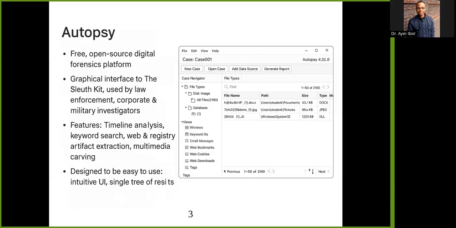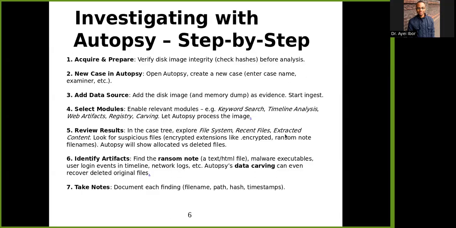So throughout, we note key evidence, that is file path, timestamps, and hashes for our report. So Autopsy can have all those details available for us to use for our analysis. So you can see new case or open case, you can add data source or generate our report. So let's go back to